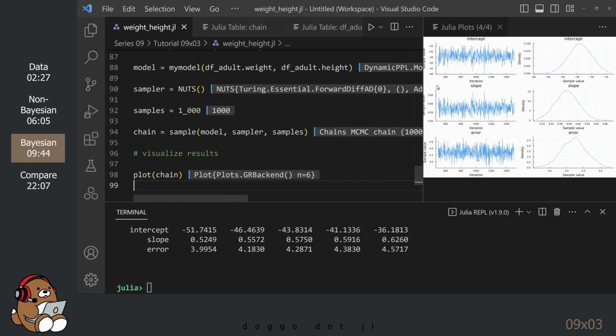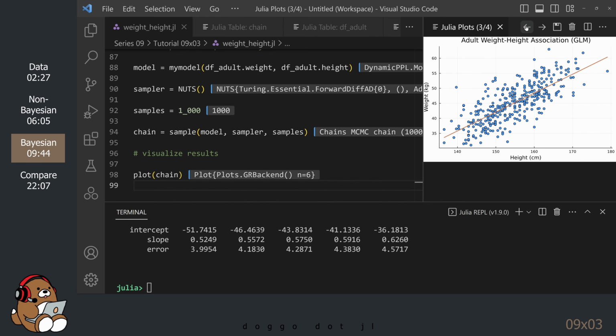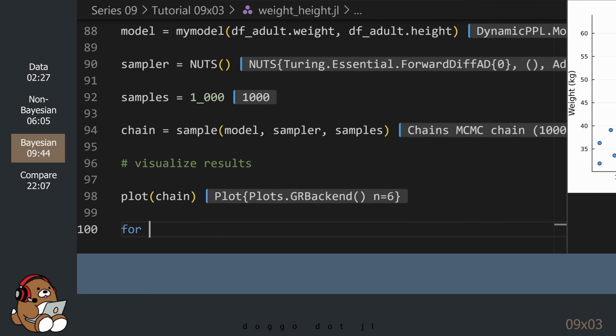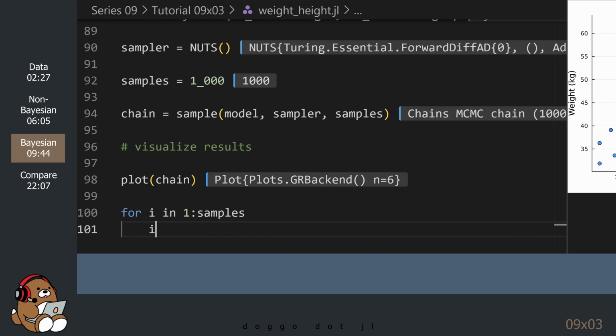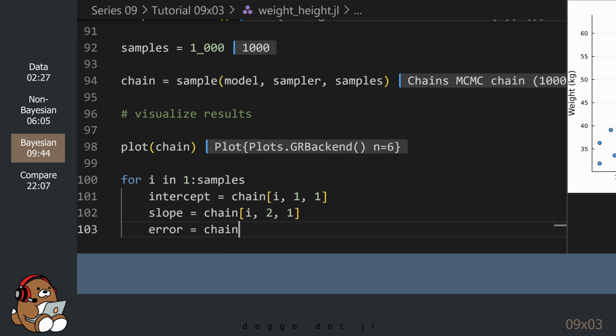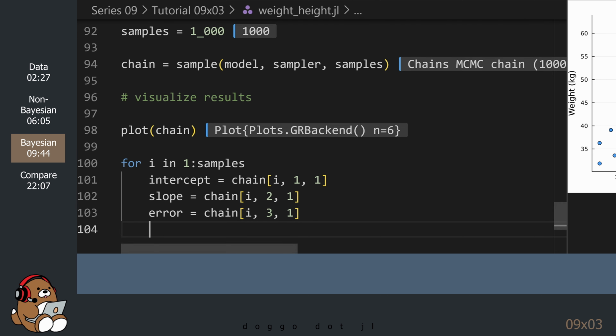So how do these updated beliefs translate to our plot with the data points? For that, we can use a for loop to go through each line of the chain and use the values of the parameters to draw 1,000 lines. In addition, we can add a ribbon to show the error to account for some unknown factors.